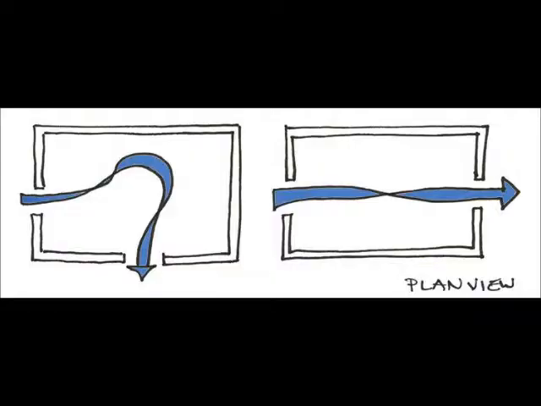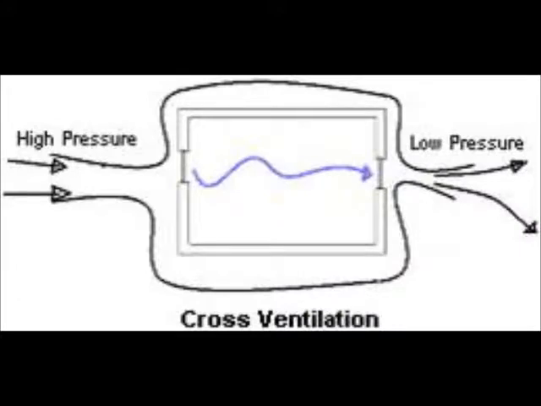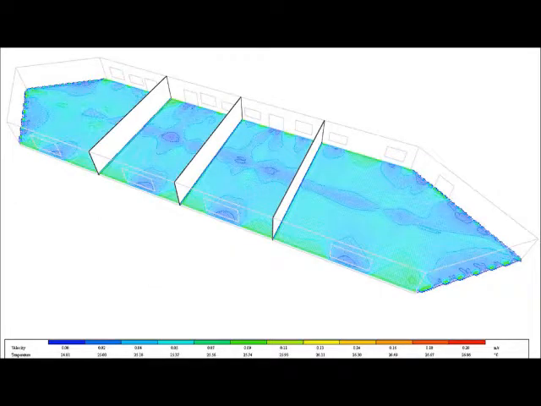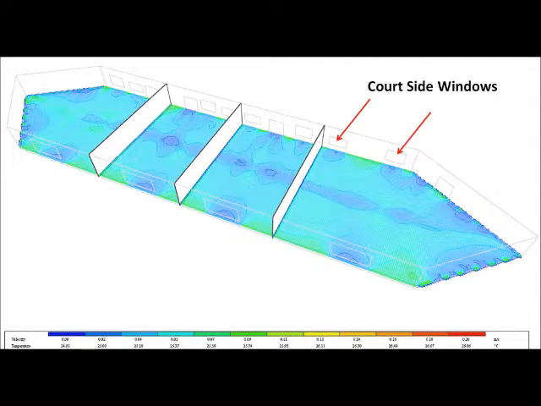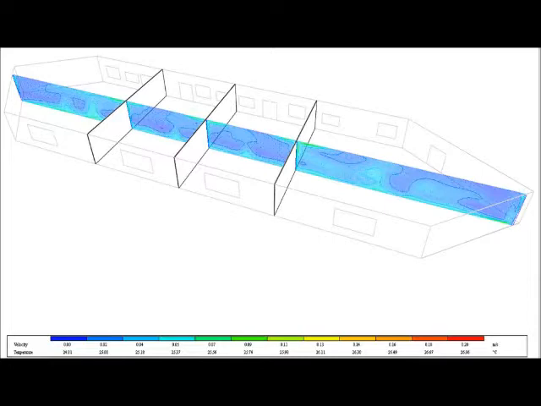The second strategy aims to study the impact of window size and locations over the indoor natural ventilation, where the same spaces that were examined at the first strategy are used, and the optimum scenario will be considered as the base case for this strategy. The first option is adding another window of the same size at 0.9 meter height and 1.5 meter width, as shown in the isometric view, where the temperature dropped from 25.82 to 25.37. However, the wind velocity didn't change as it records 0.05 meter per